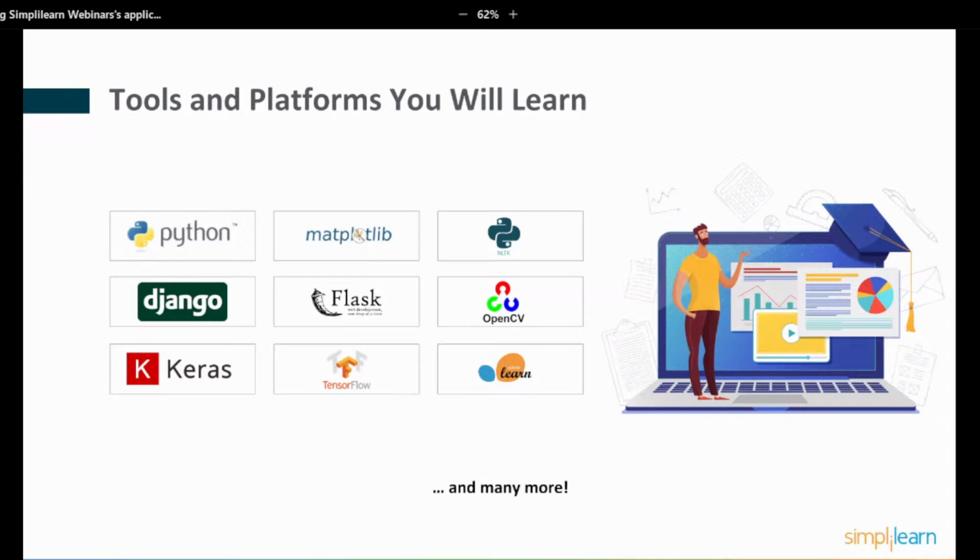Tools are made available to you through the learning management system, so you don't have to search for and download anything else. This gives you real, practical, hands-on experience with these tools and platforms, so that when you put on your CV, yes, I've used Django and Keras and TensorFlow, you can back that up with examples of the work you've done with them.